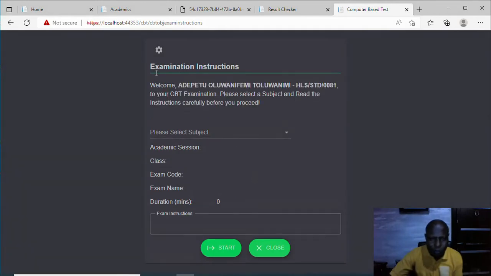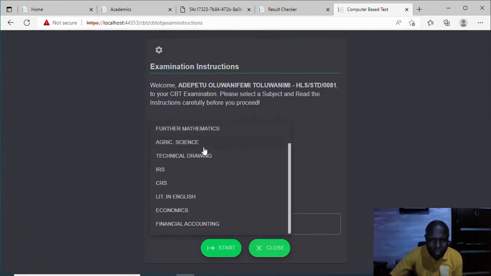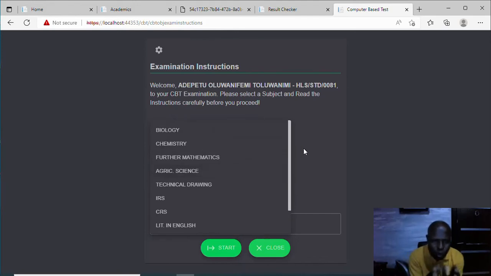It's an instruction page that welcomes the student. It gives you the list of the subjects they want to do. Now you can also control the list of subjects. If it is just one subject that you want the students to see on the list, there is a section where you can control it. And if you want all of them to see it, any subject that's been answered there, once the student submits,